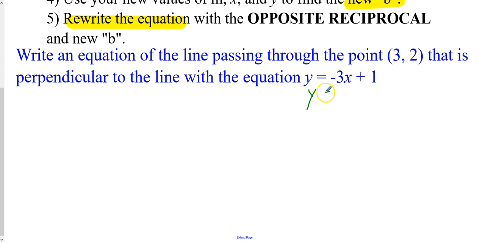So we identify here, y equals mx plus b, that our slope is -3. So if my slope is -3, then my perpendicular slope,